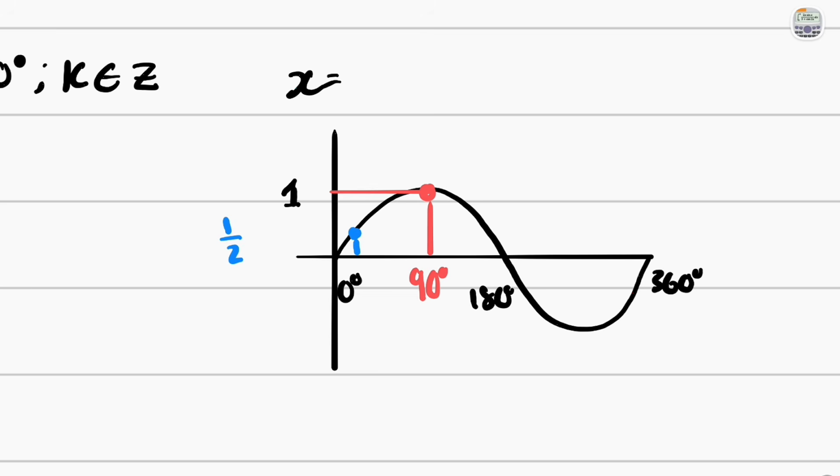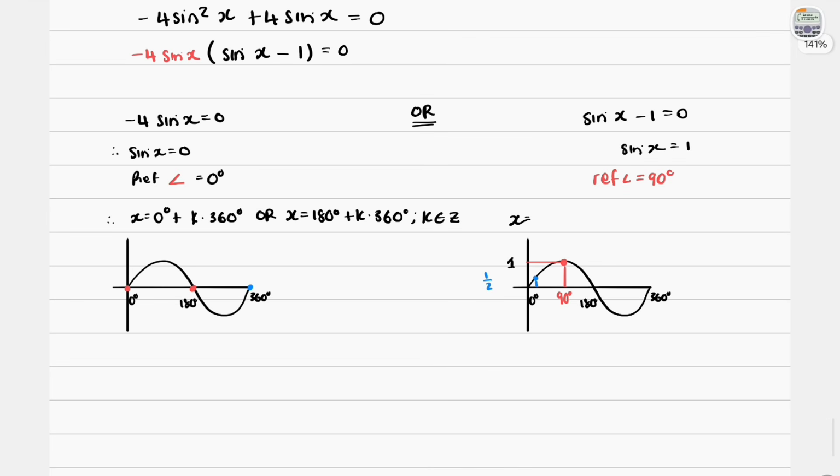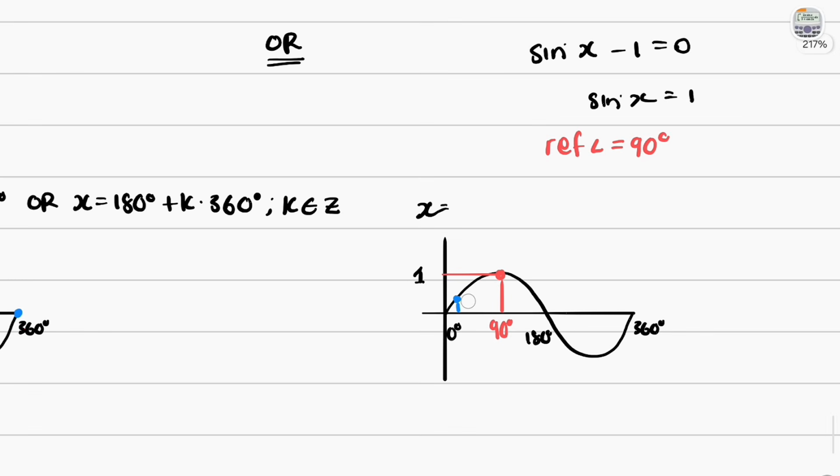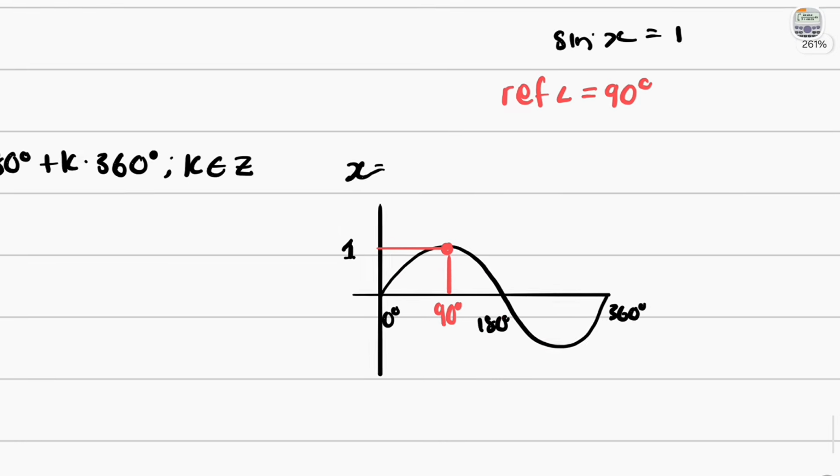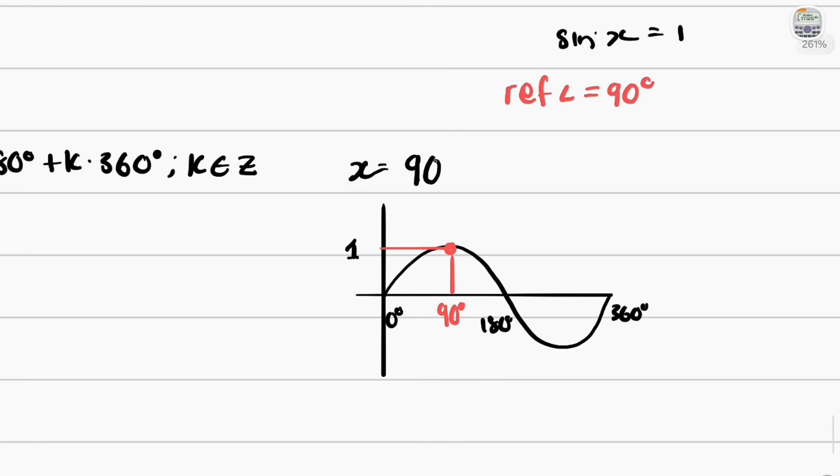If you understand those, it makes you better at these questions in trig and also the graph questions, which of course come in June and prelims and finals. Okay, so we know that that reference angle is 90 degrees. And now we can finally tell them that x is simply equal to 90 degrees plus k of,